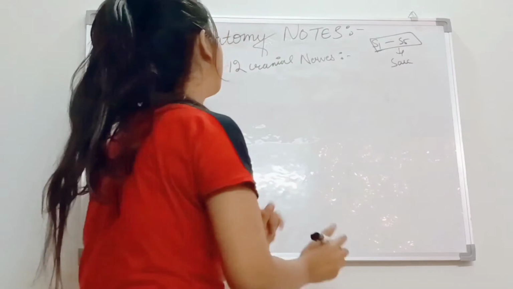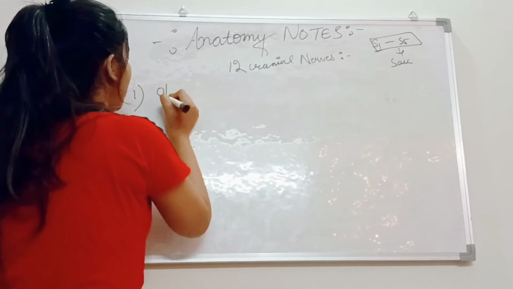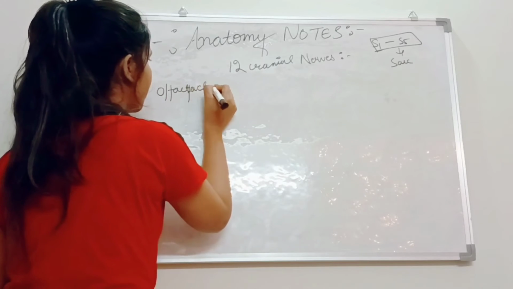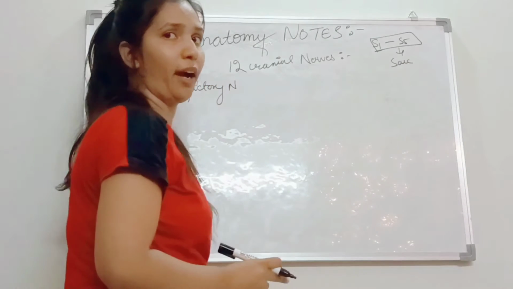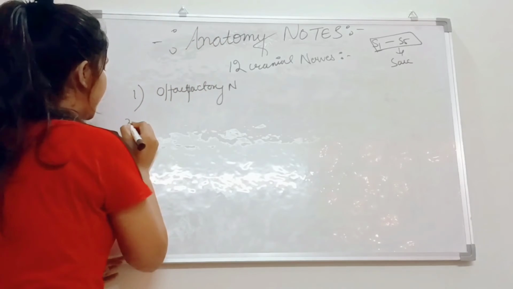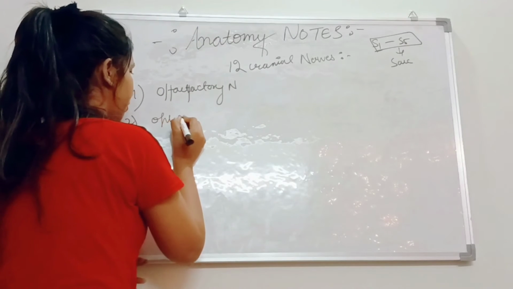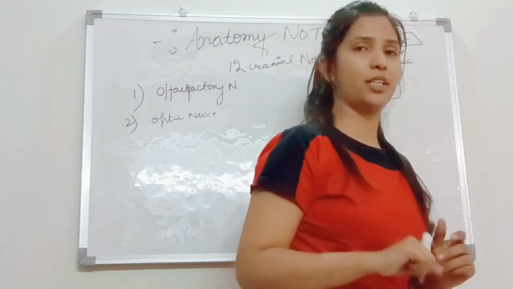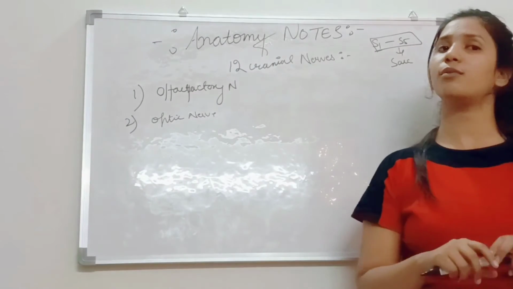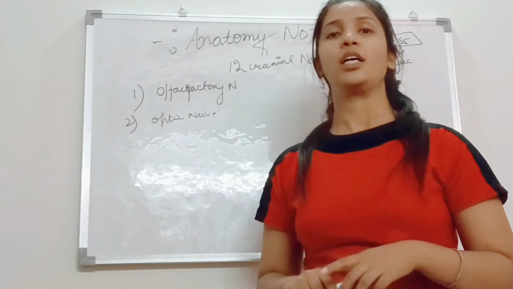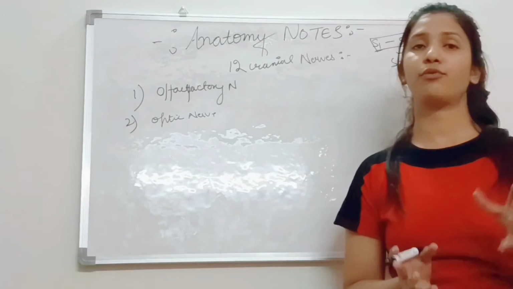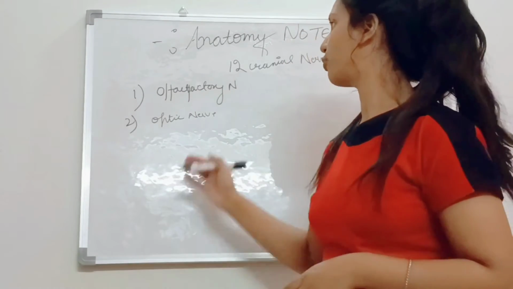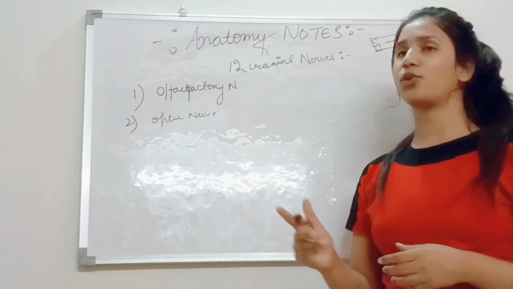So the first cranial nerve is known as the olfactory nerve. The second is known as the optic nerve. I would suggest that you do not remember these cranial nerves by mnemonics, because the question comes straightforward and you have just 0.33 seconds to answer it. If you try to recall these from a mnemonic, you are just wasting your time. The first is the olfactory nerve, the second is the optic nerve,